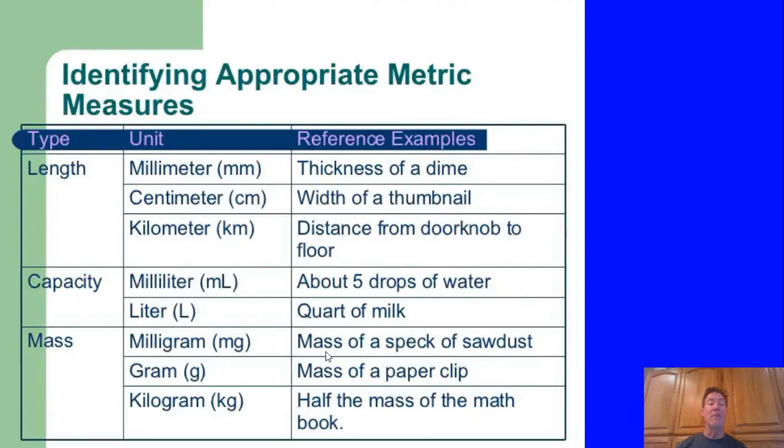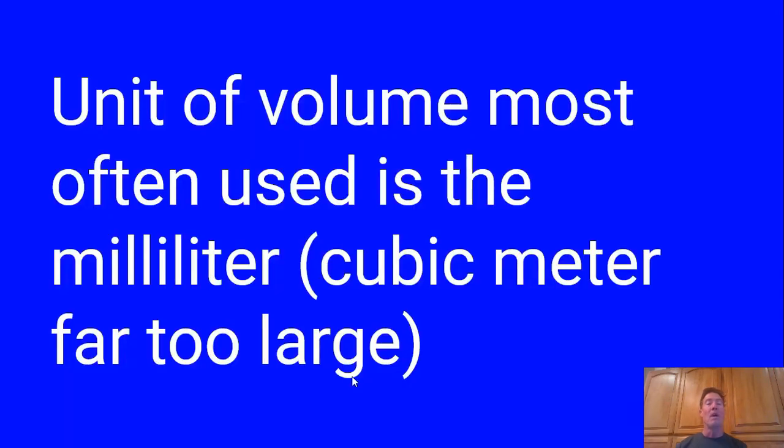A milligram is about the mass of a speck of sawdust. A gram, which is 1,000 of those, is about the mass of a paperclip, or a dollar bill. And a kilogram, which is 1,000 grams, is about half the mass of a math book. The unit of volume most often used in chemistry is the milliliter. A cubic meter is far, far too large. So we use